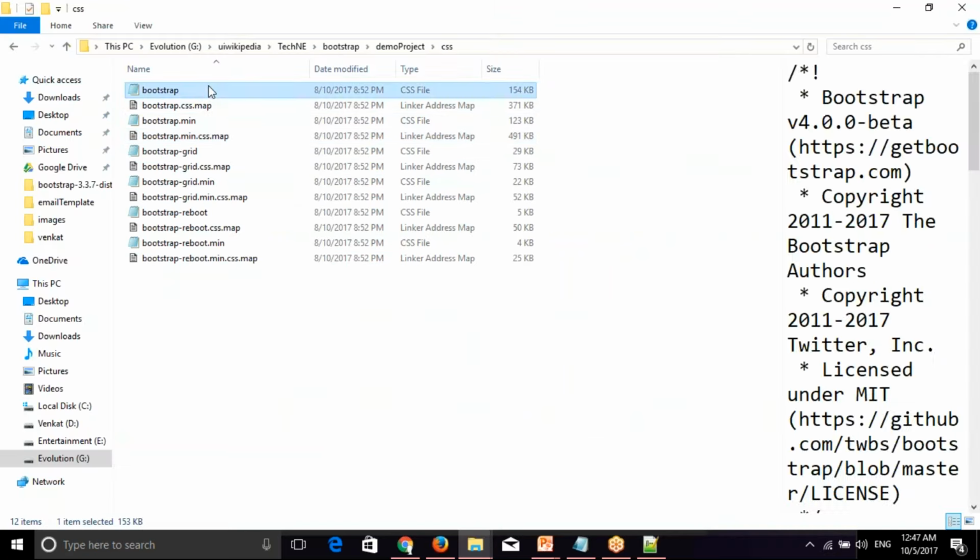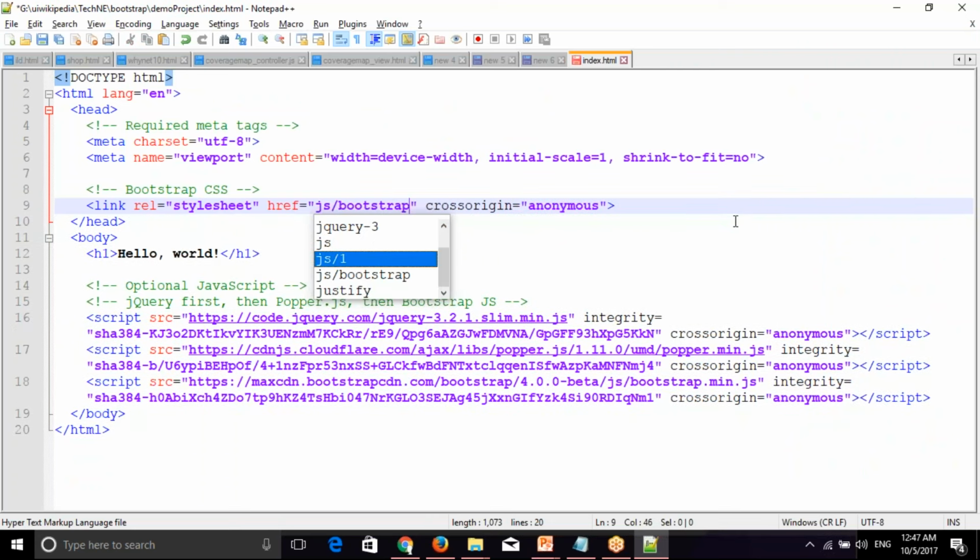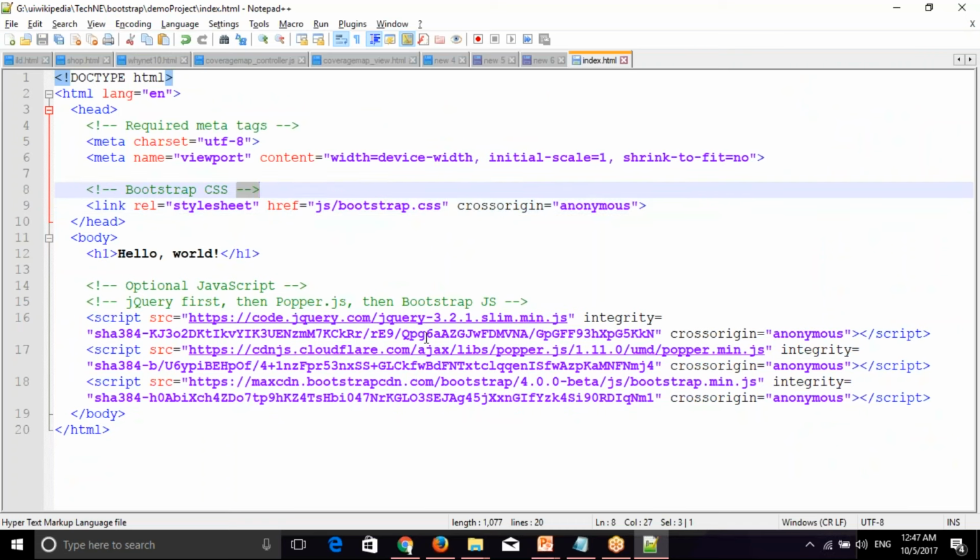Then once you're done with that, or once you're deploying the file, you can go with the CDN link. Bootstrap.css, I'm just setting a local. And next, jQuery is mandatory.